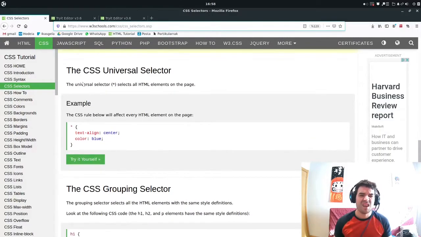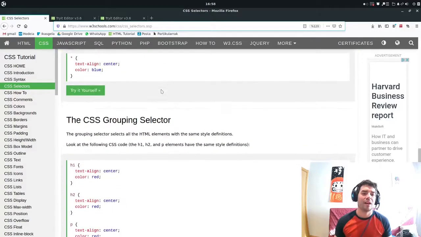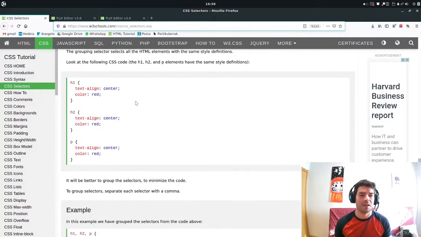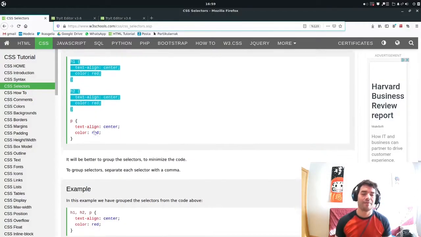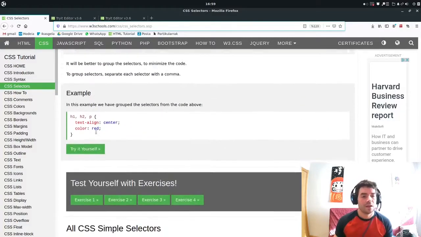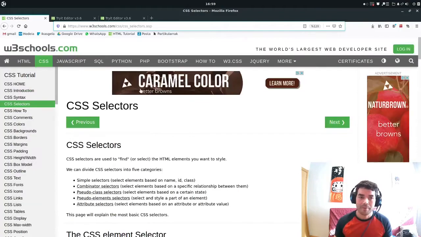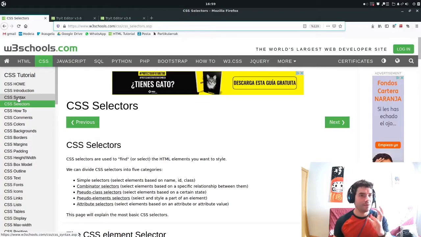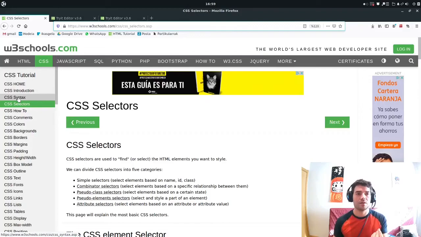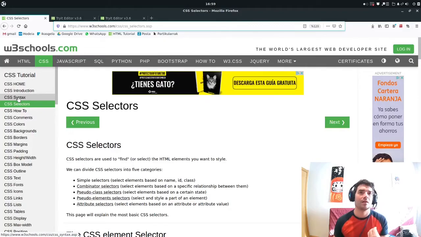So here the universal selector, you have more elements, H1, H2. Here you see the examples I have previously mentioned, and we have lots of other elements. Here also you can group some selectors and see how some elements will be. Okay, so please read this, and if you don't understand something, try to ask us or your teachers,